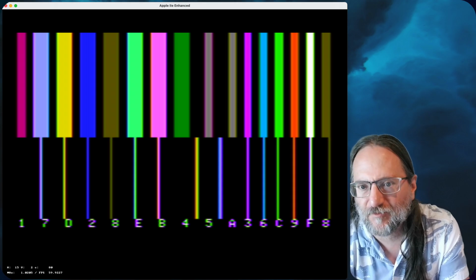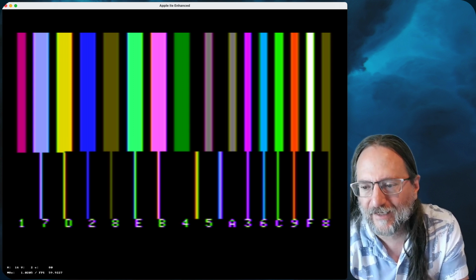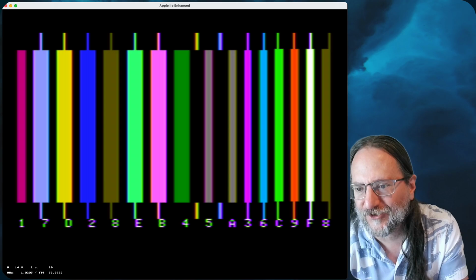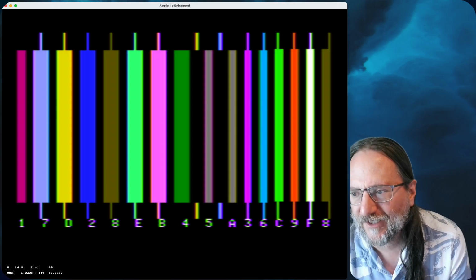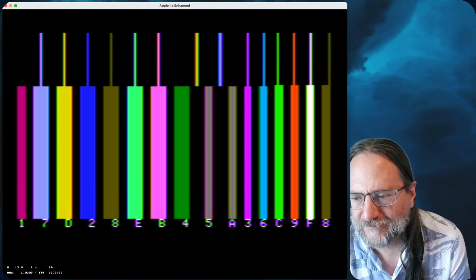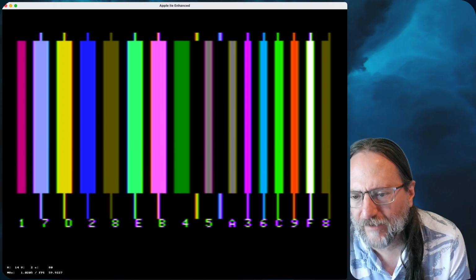So this is splitting between low res and high res. Low res currently is at the top, high res at the bottom. He's splitting in the middle of the screen. I can hit the space bar to insert a small delay so it changes where the video modes switch. So again, this is all at 1 megahertz.